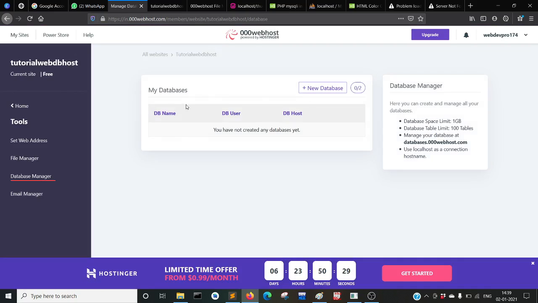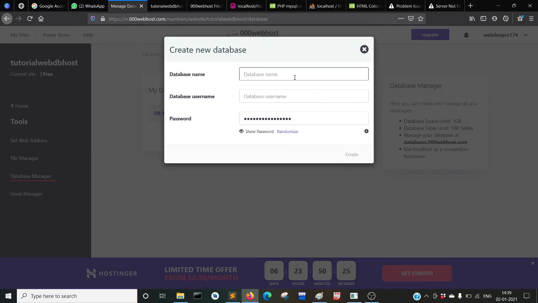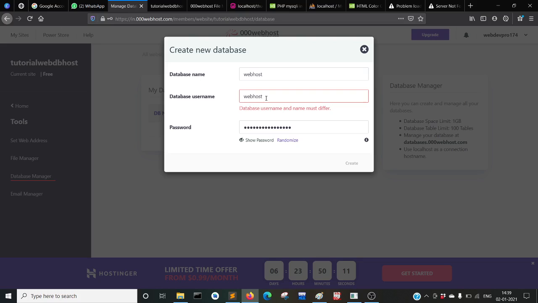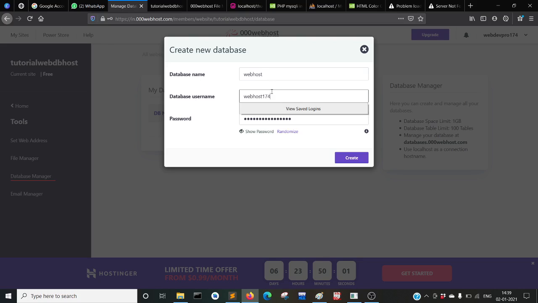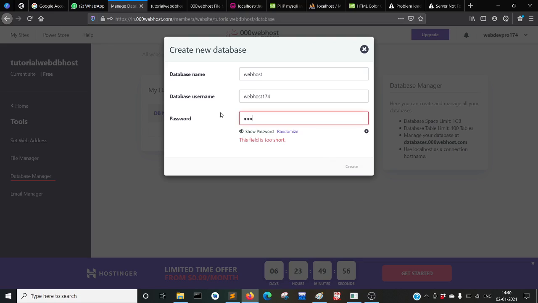By default, there is no database, I think. Yes, there is no database. I need to create a database, right? I will name my database as web host, or it will give me a name with the ID. And now a username will be, okay, web host, right? Any web host, and then password will be mine. There is, okay, there must be, okay, 174. These both must be different according to the terms and conditions of this particular web host. And then password can be,